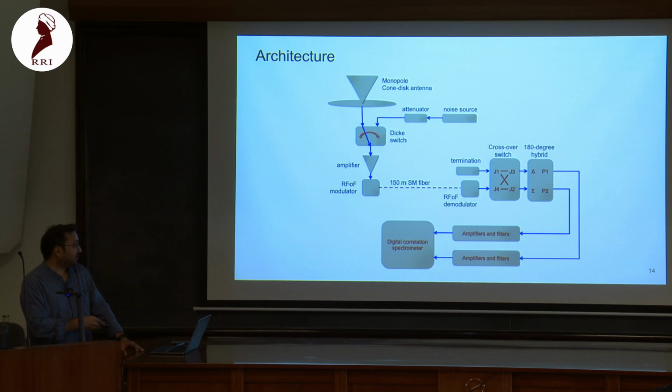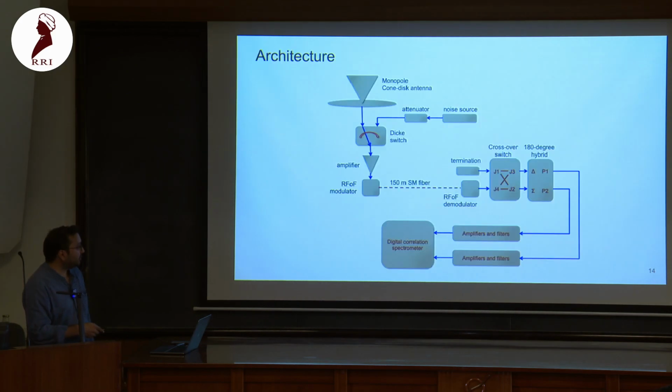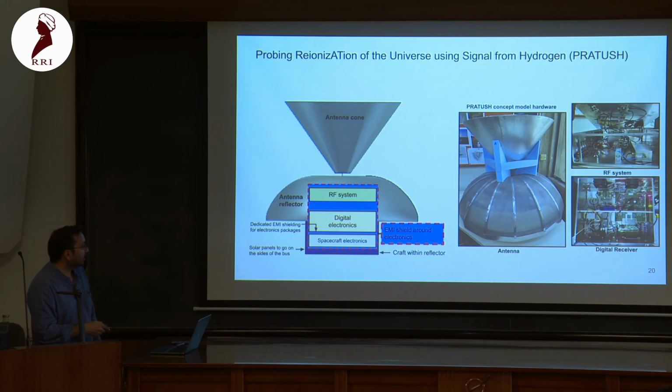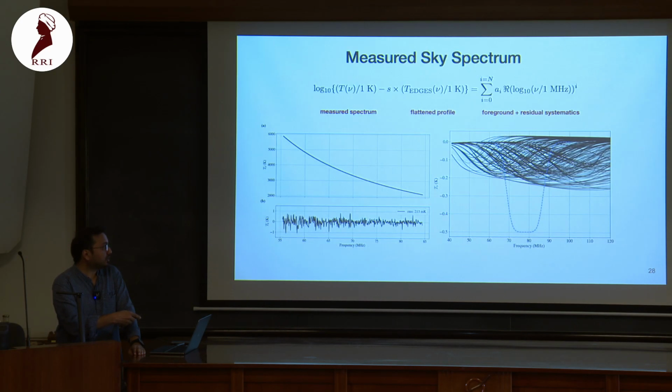Yes. So for LEO, we are only focusing on 55 to 110 megahertz. This antenna itself only works between 55 to 110, after which the spectral characteristics are really not conducive to 21 centimeter science. For lunar, we would ideally want to explore the full band, which is 50 to 200. For that, we might either have to do it in a single antenna, which is challenging, or we can have two antennas observing in two different bands. So the loss that we incur is basically in the kind of models we can probe, which is shown right here.